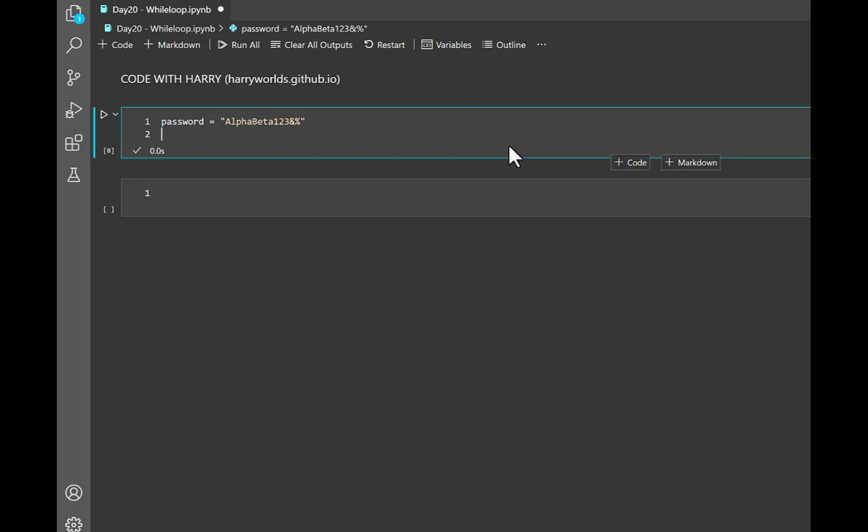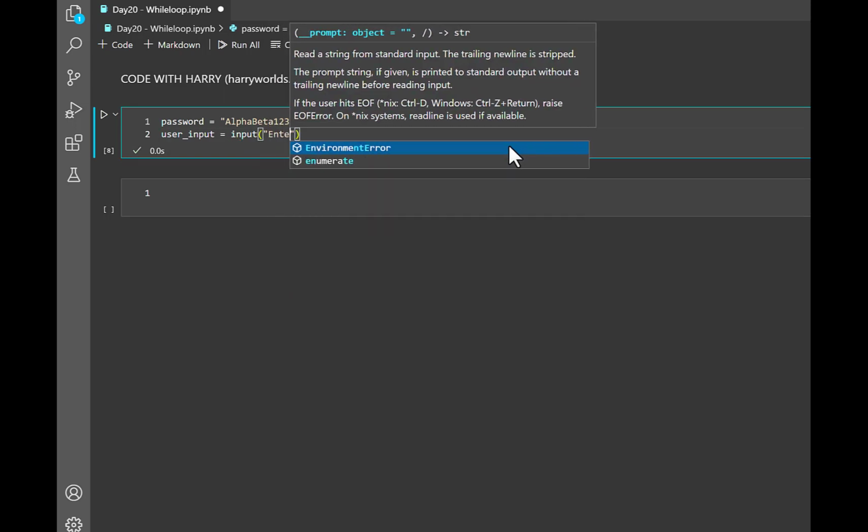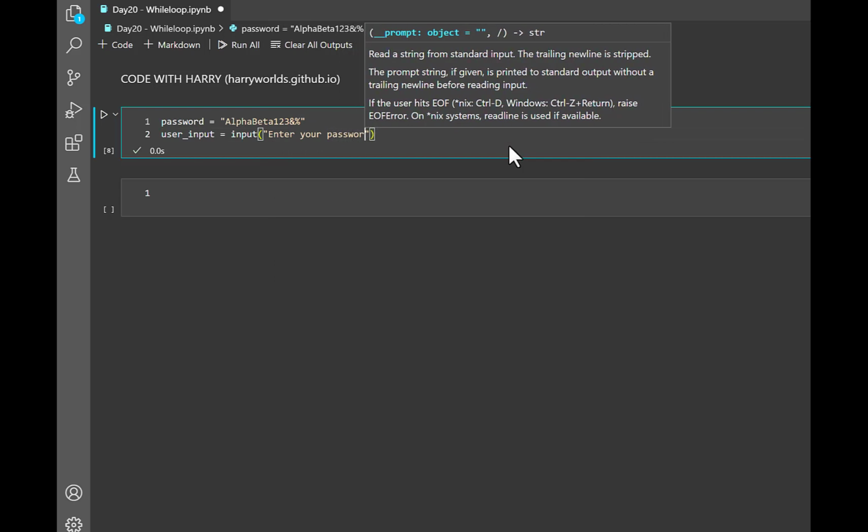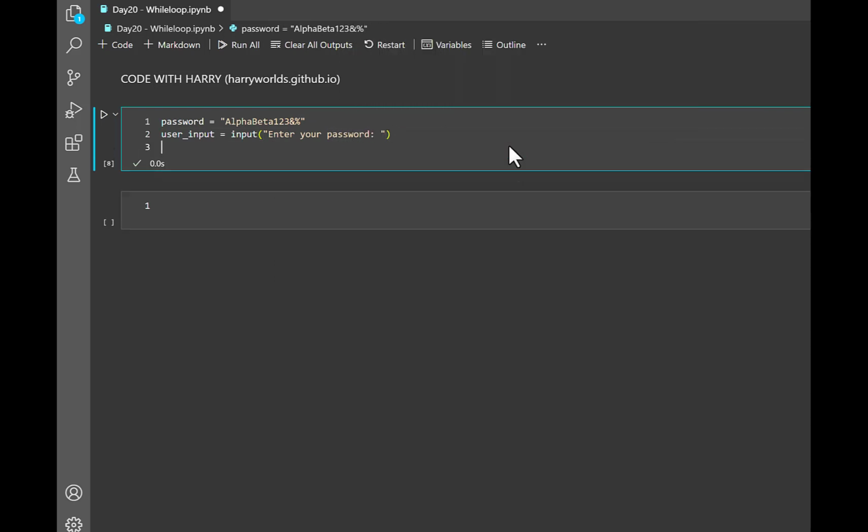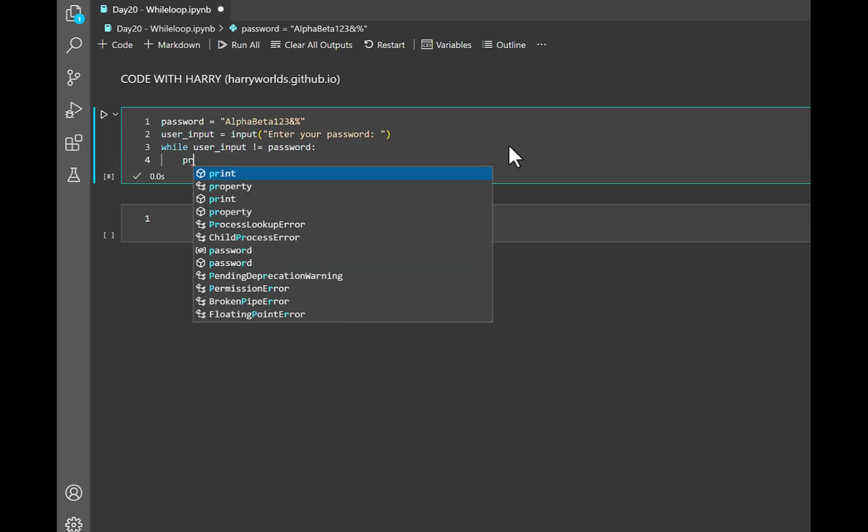Basically, I'm going to use only a single block for coding this algorithm. I will say user input, the variable declared where our user will input his password, and we're going to save it over here, and I will say enter your password. This will be the variable which will initiate our password. And I will say while user input is not equal to password, where the condition says if it is not equal to password,